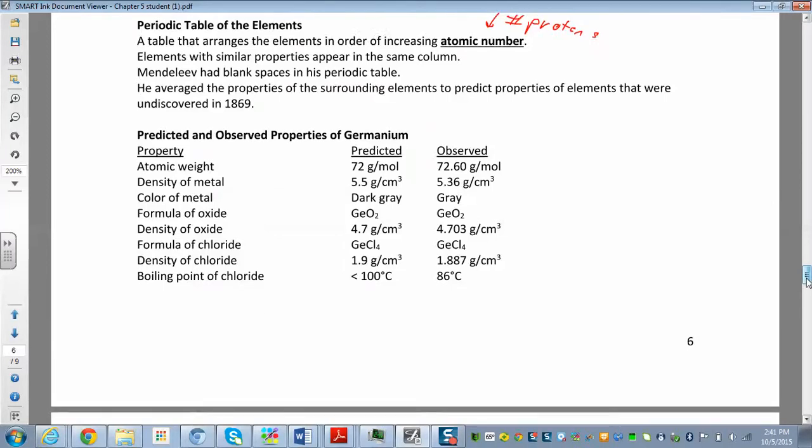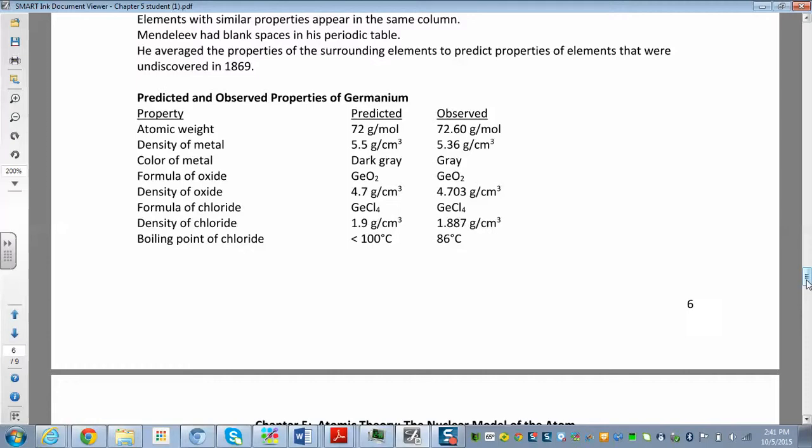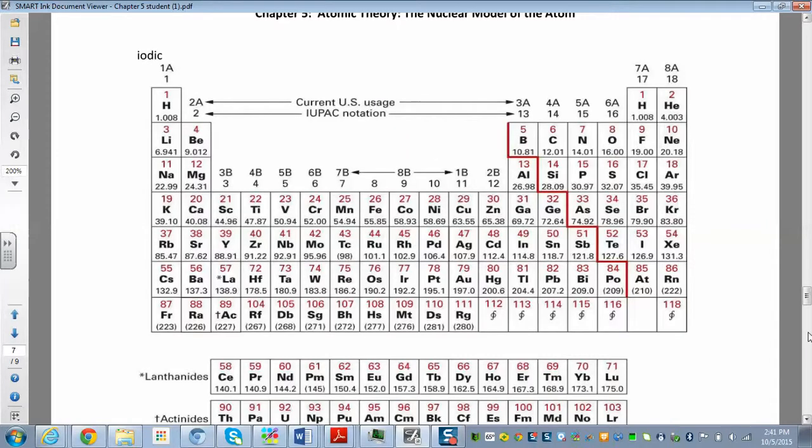So Mendeleev was a guy, here he goes. He left some blank spaces in his periodic table, and then he predicted certain elements. He predicted that there should be an element here. He didn't call it germanium, but he predicted it should have a particular atomic weight and density, and it should be about that color. It wasn't known yet. They didn't discover it yet. So he predicted that there would be an element that had all these particular properties, and then when it was discovered, so here it is, right?